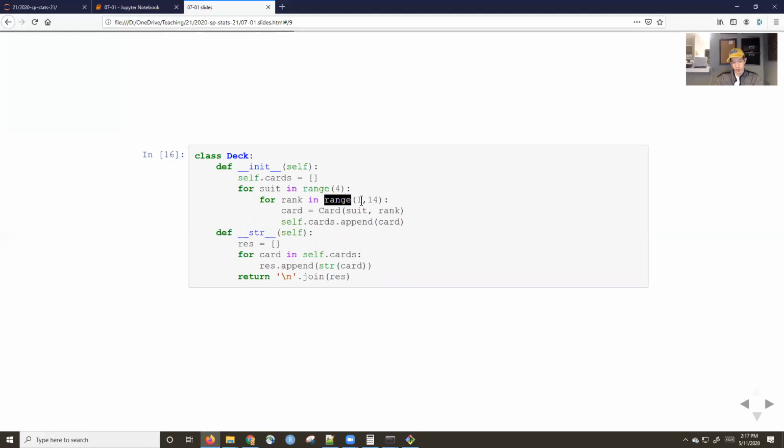Right, range objects start at 1 and go up to, but do not include, the last number, so it'll have the ranks 1 through 13. And then all we do is append that card to self.cards. So self.cards is a list, and we're just appending each of these cards to this list here. Okay, and then